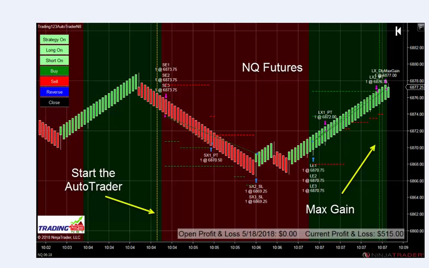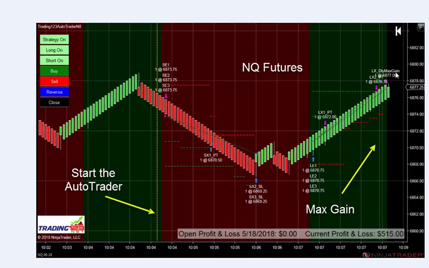The algorithm's programmed to wait for a trade setup, and that's what it did. So we get long right here, 3 contracts again, and it moves up to its price target. In the trail stops, these red dotted lines move up with the price action. And it goes into a double top, and then it hits our max daily gain. We had a gain of $500, I think $10, and it got a couple ticks above that. So it prints here this green line on the chart